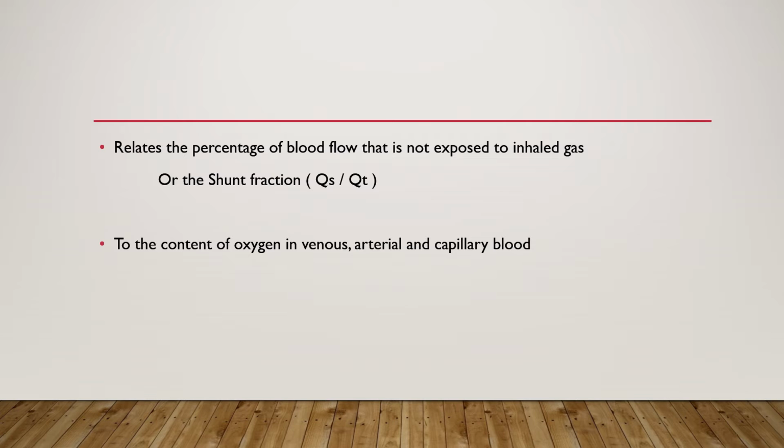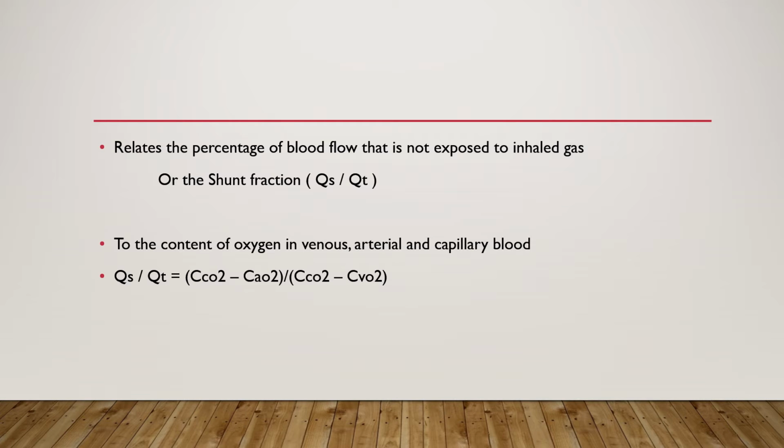Obviously it is difficult to purely measure cardiac output and blood flow, so the equation uses the surrogate of oxygenation to work backwards to figure out the shunt fraction, and the oxygen used is the venous, arterial and capillary oxygenation. So that's the shunt